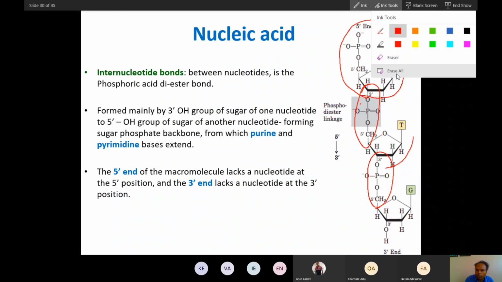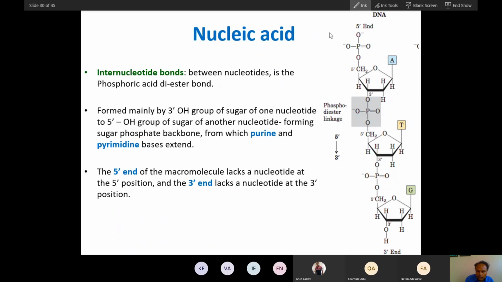And this phosphodiester bond is present between what? If you see the head, we call it the 5' end, and this is the 3' end. So how do we name 5' and 3'? We'll see first. Let's see this bond first. This bond is formed between the third carbon of the initial nucleotide and the fifth carbon of the successive one. So this 3' OH is bound to the phosphate of the successive nucleotide. Can you see?